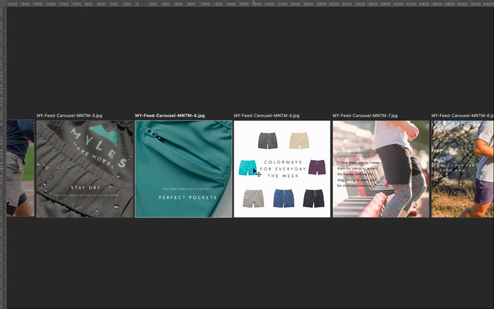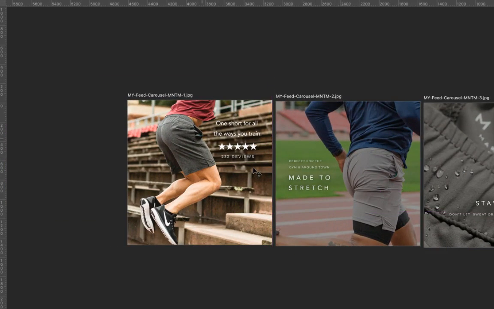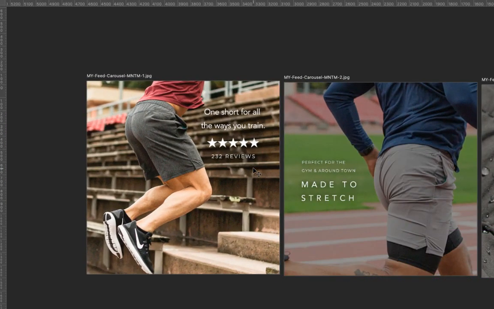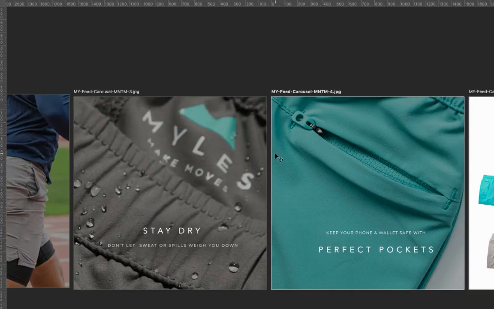So that is how we create a Facebook ad carousel using a product display page for an e-commerce site. This is a great way to create amazing ads that go really deep on your flagship products. I recommend doing this for your 3 to 5 best sellers. First off, we start off with an eye-catching image, highlight the reviews, how many reviews it has, and then just use a tagline. This one is one short for all the ways you train. Then we go into the 3 features of the product and then begin to show